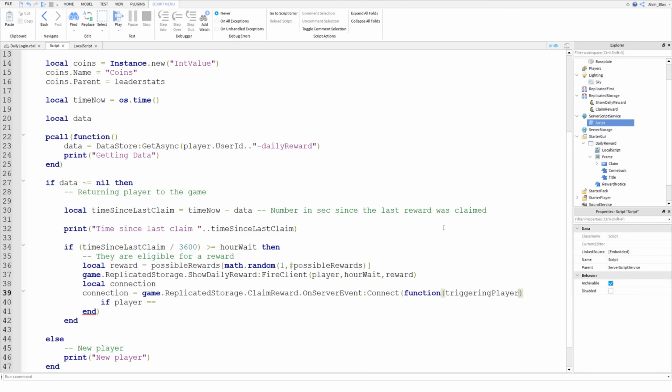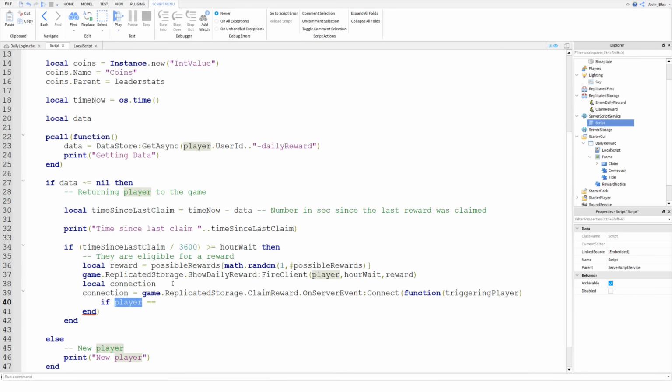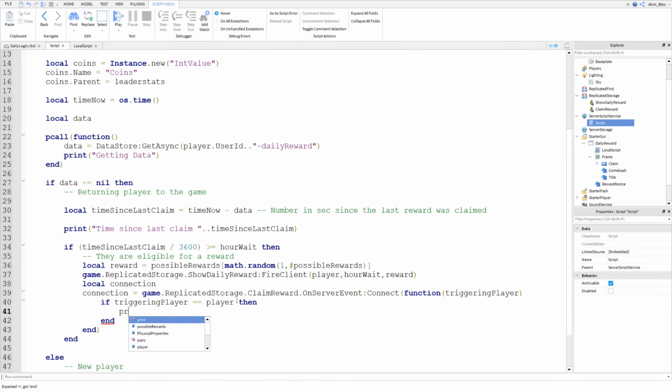Okay, so this is just the player that triggered the remote event to fire, but we're just giving it a different name to the player argument over here. So if triggering player is equal to the player, so it's the same player, then we know that we've got the right person. So what we can do is we can say print reward claimed, so we know that they've now claimed their reward, and we can say